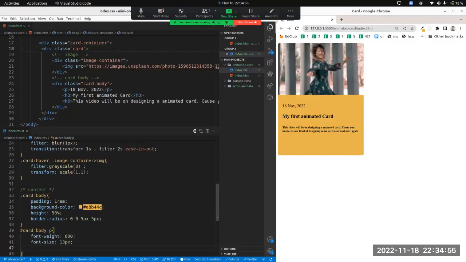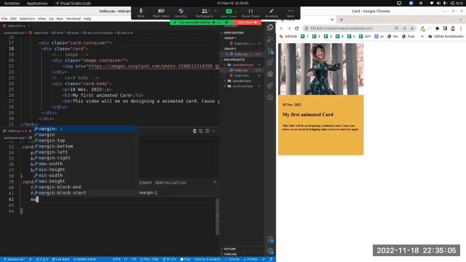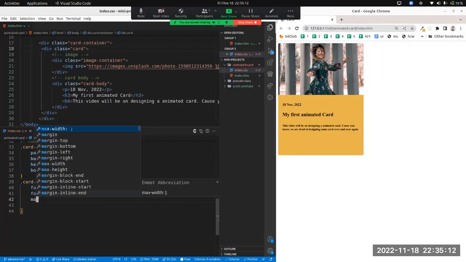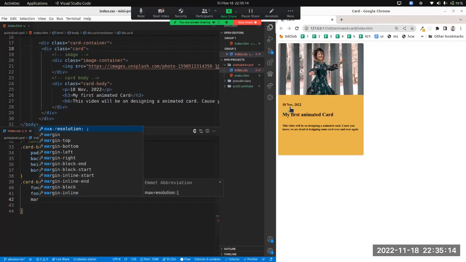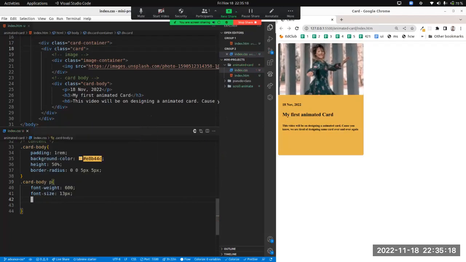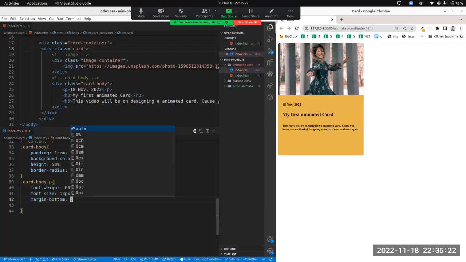I think this is not working, that is the wrong part. Now it gets applied. Now the next thing I want is to remove the border from the bottom, because you can see here the border is very large. Not border, margin is very large. Margin bottom, let's give it